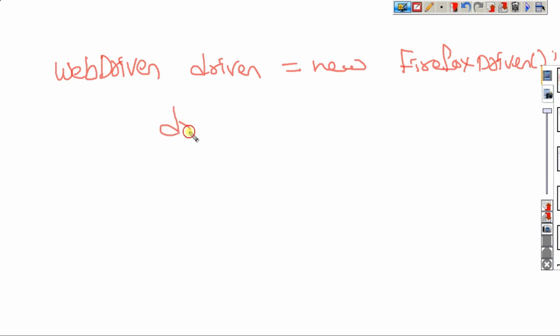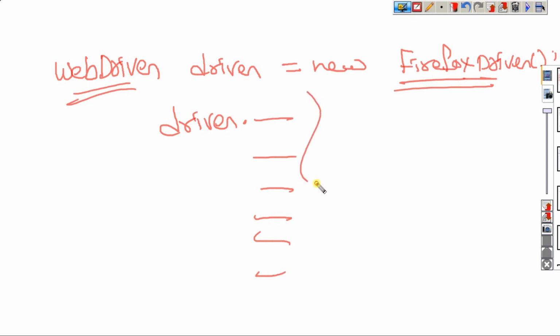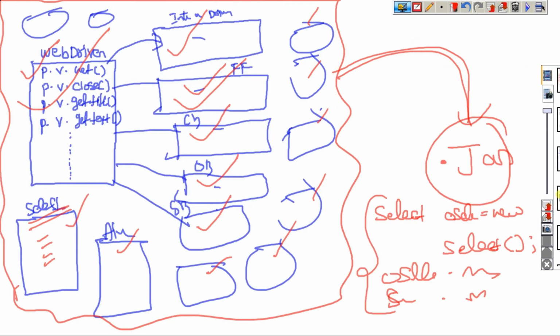Now I want to use driver dot, and I can call those methods. Whatever methods of this interface are implemented, we can call them here and go for our test case. We can only use them. This WebDriver interface, its implementation and logic, you are not implementing, I am not implementing. It is implemented by the Selenium people. We are only downloading it, so that is what we give here.